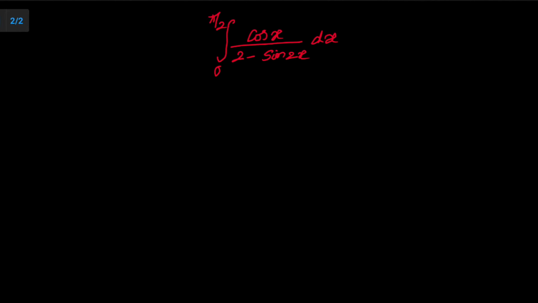Integral of 0 to pi by 2 cos x divided by 2 minus sin 2x dx. Now how to solve this integral? For that we'll just apply the first property. The property says